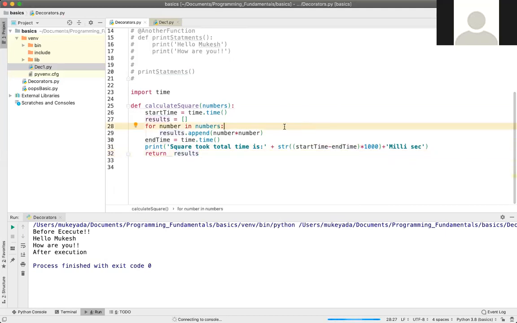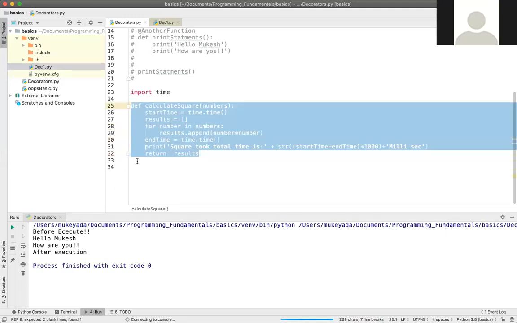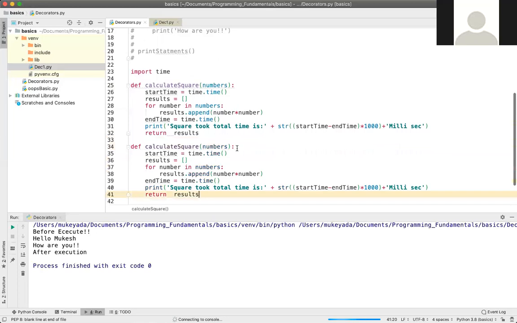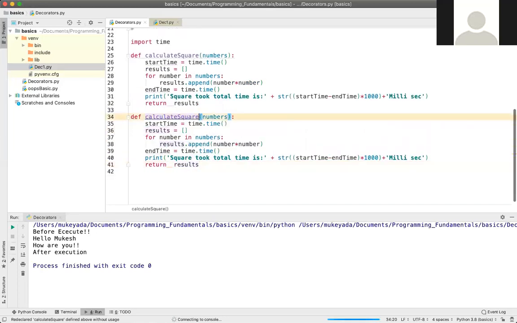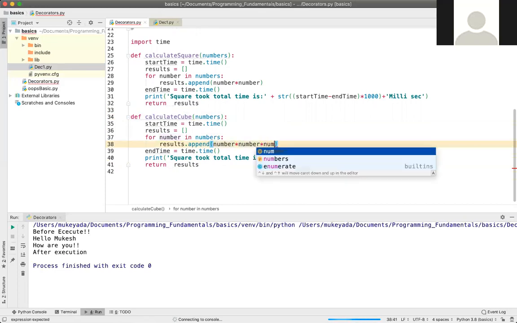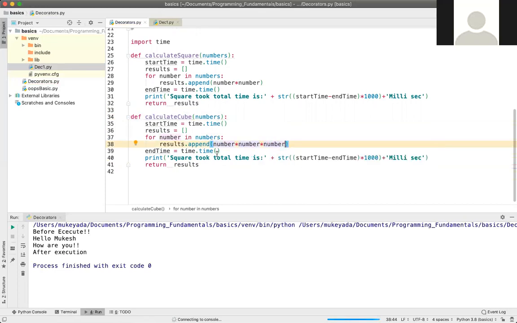What it will do is calculate the square of the number and calculate the time. Now let me copy this function and do some modifications here. I need to do calculate cube. So for cube, I have to do number into number 3 times.